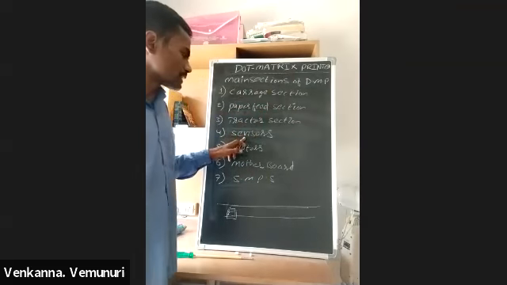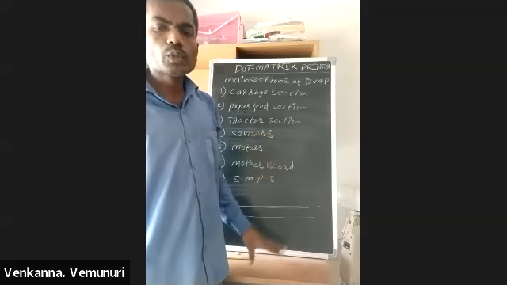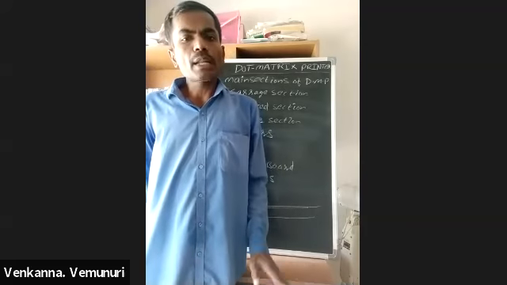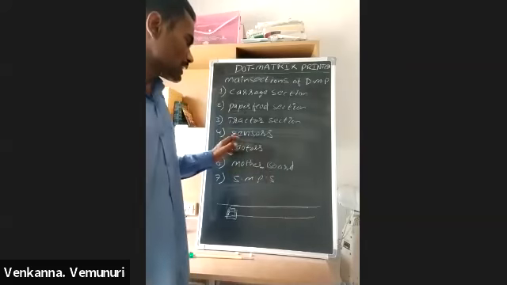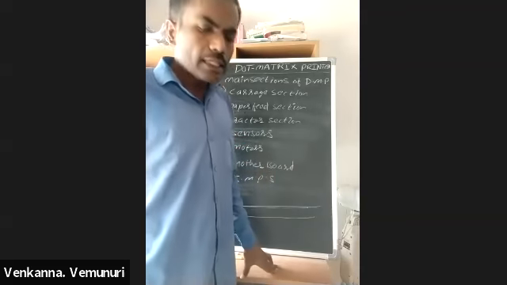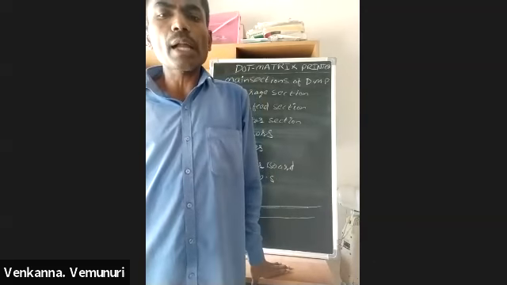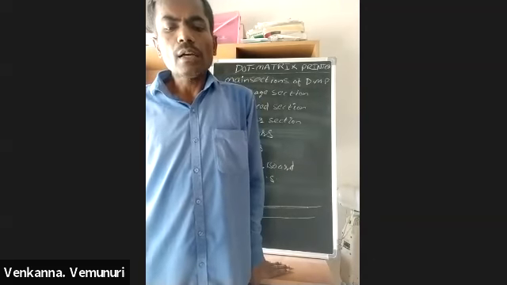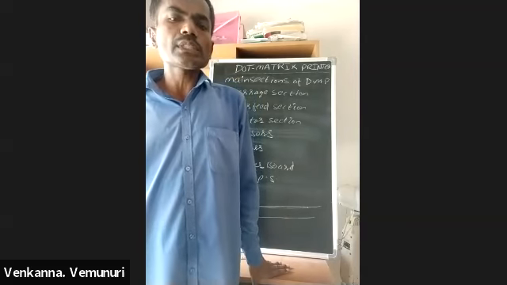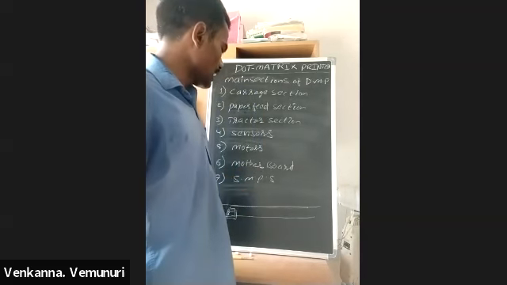Another one is sensors. This dot matrix printer mainly has two sensors. One is the home position sensor, and another one is the paper end detecting sensor. Two sensors are used. Another one is the motors. In this printer, two motors are used. One is the permanent magnet motor, and another one is the hybrid motor. These two motors are stepper motors. Another one is the motherboard, and another one is the SMPS.